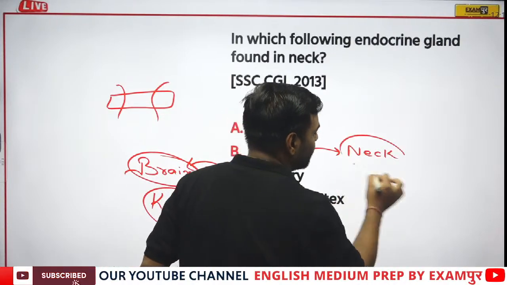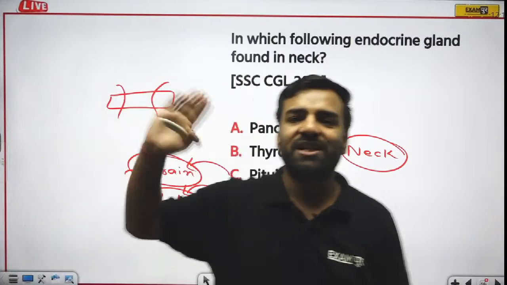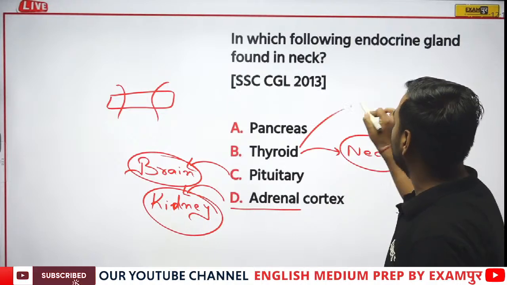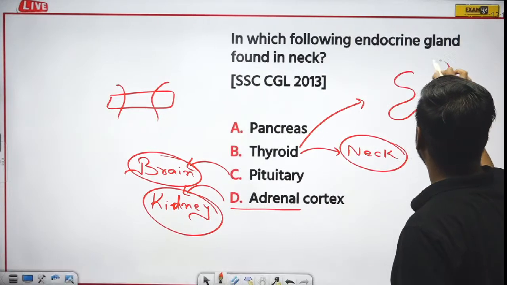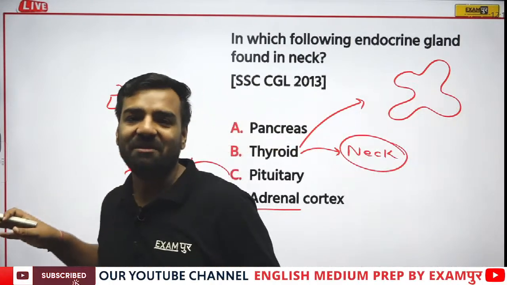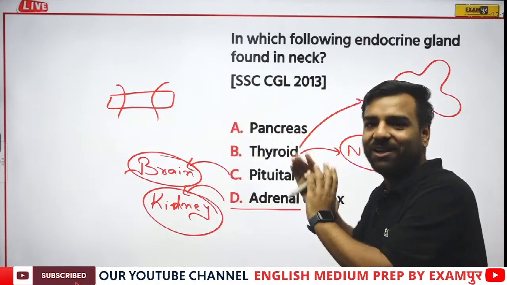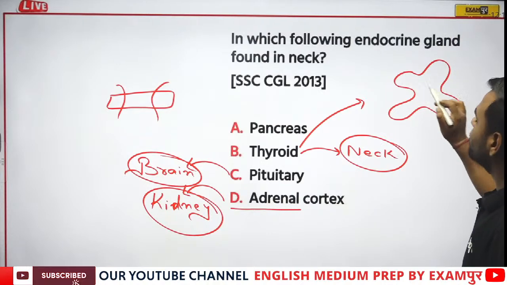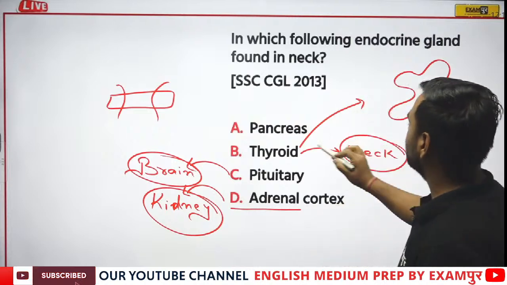Now, I have two things here. Please remember. True. So, Sudesh has also joined, and Sudesh, you are absolutely correct. This gland is of butterfly shape, quite like this. Now, you must be saying, sir, it is actually looking like an amoeba. But please cooperate. My drawing is quite good, so you can try to understand this. This butterfly shaped structure is present in our neck. Fine. This gland is your thyroid gland.